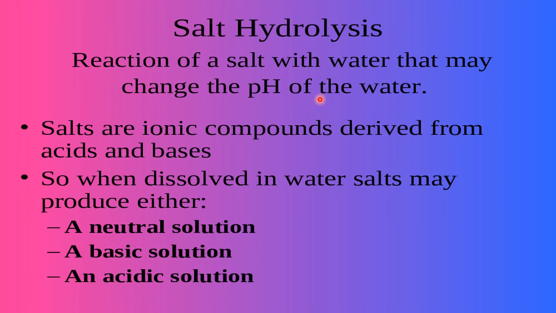Why does it change the pH of water? Because this reaction depends upon what acid is formed and what base is formed. So again this depends on what type of salt is formed, from which base and which acid. When a strong acid and a strong base react, both are strong, so the salt is neutral, because the acidic strength is cancelled by the basic strength. So whatever salt is formed, it is neutral.